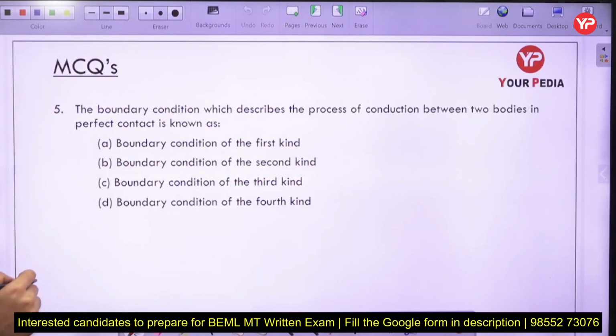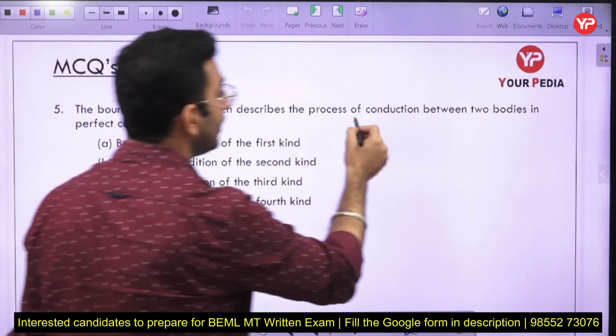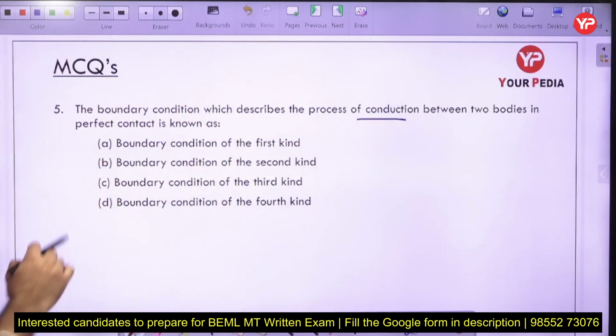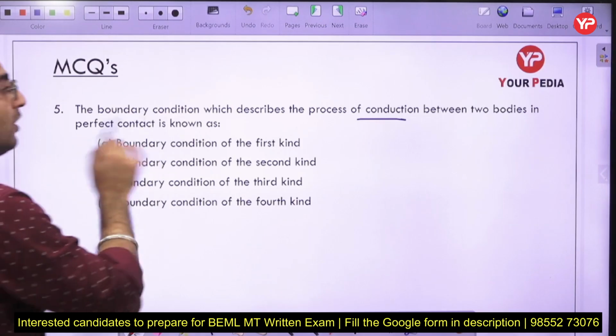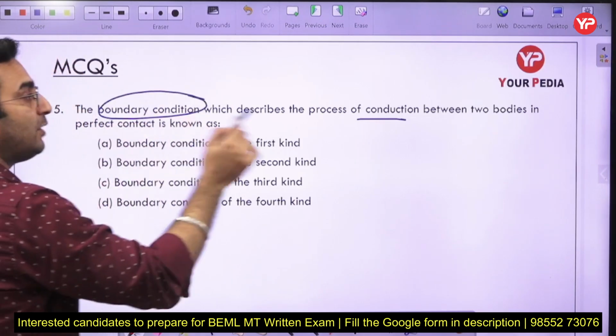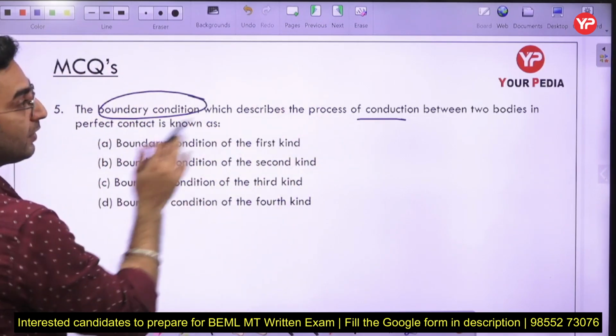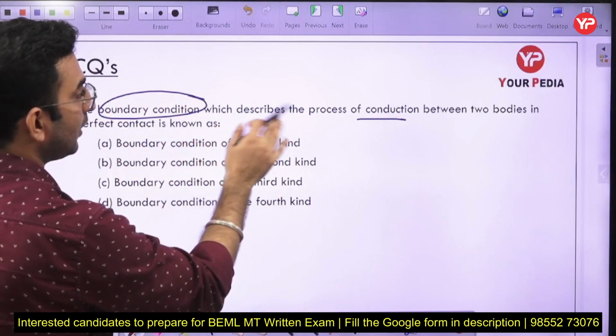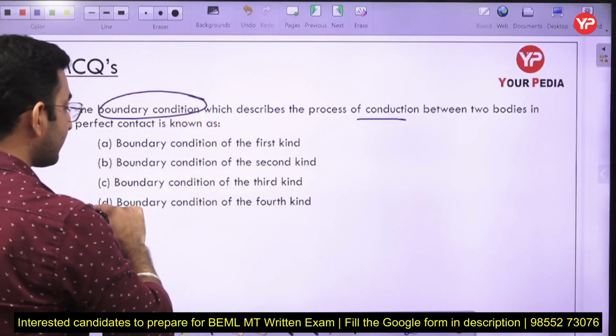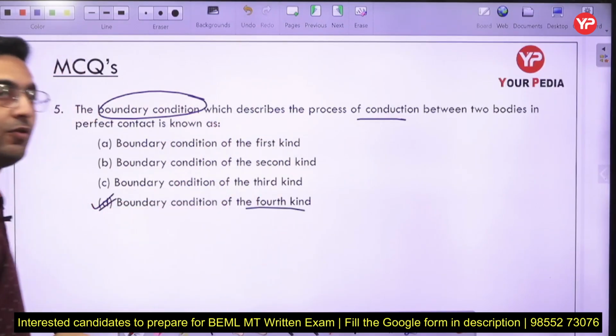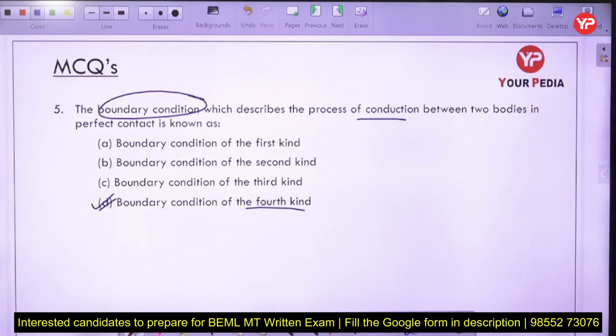the boundary conditions which describe the process of conduction between the two bodies in perfect contact are known as the boundary conditions of the first kind, the second kind, or the third kind here. So basically in this case, the boundary conditions which describe the process of conduction are best described by the fourth kind here. Okay, so option number D is the correct answer here. Now the next part,